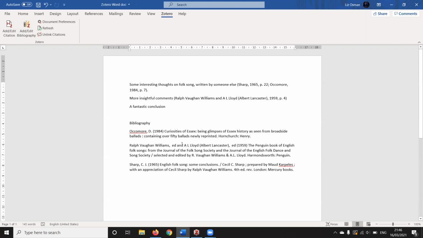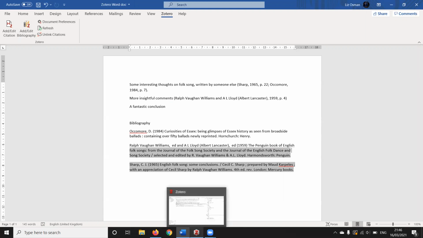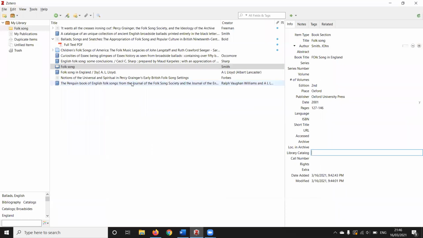If you look at the second entry, Ralph Vaughan Williams, you'll see that the way the authors are written looks a little odd, and also that at the end, the authors are mentioned again. Well, that's not right to have the authors mentioned twice. So this entry needs fixing in Zotero. So if we pop back into Zotero to find the Penguin Book of English Folk Songs, which is here,